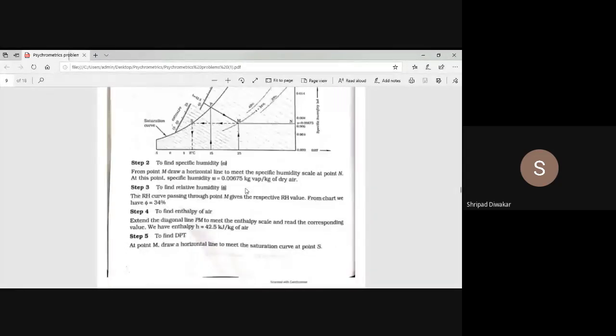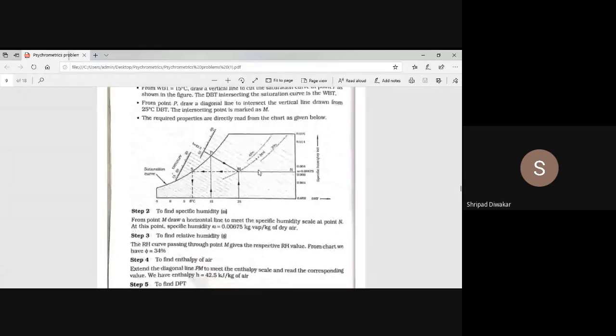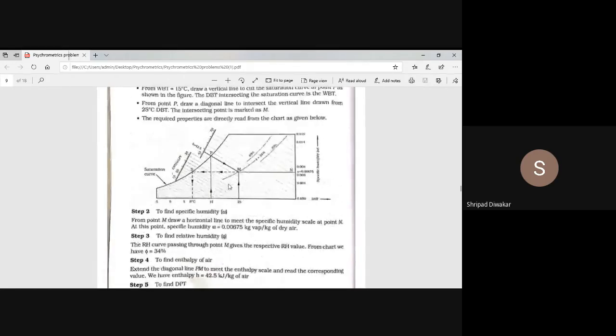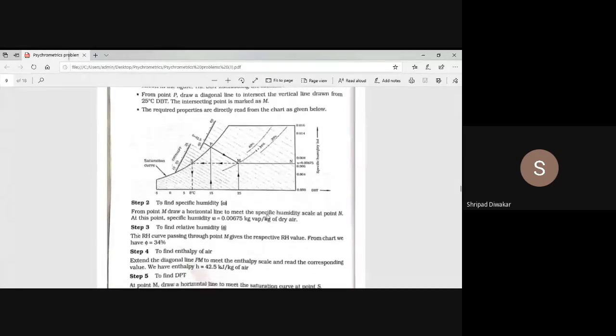And then enthalpy, how to find out enthalpy? What I said, the WBT and enthalpy lines are the same. So the same line, you just extend, and you have the enthalpy curve where we have the enthalpy as around 42.5 because it lies between 40 and 45. One is 40 and the other 45, so we get the enthalpy as 42.5 because we have 5 graduations in between 40 and 45 and it lies exactly in between, meaning 40 plus 45 divided by 2, 85 by 2. It is nothing but your 42.5. This is how to find it out.